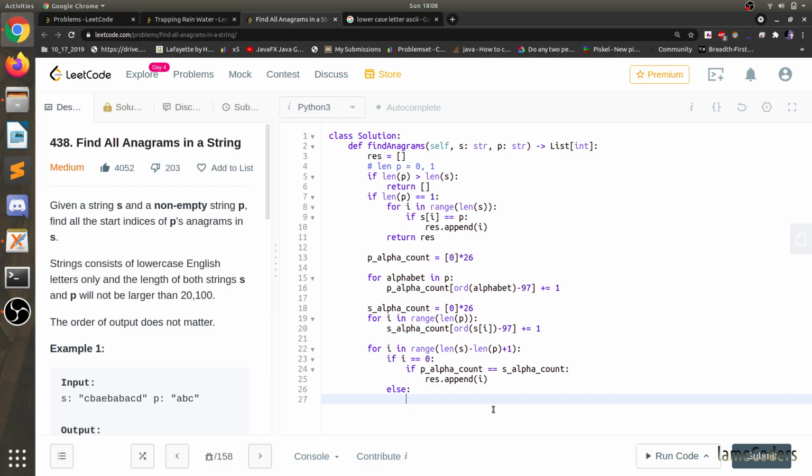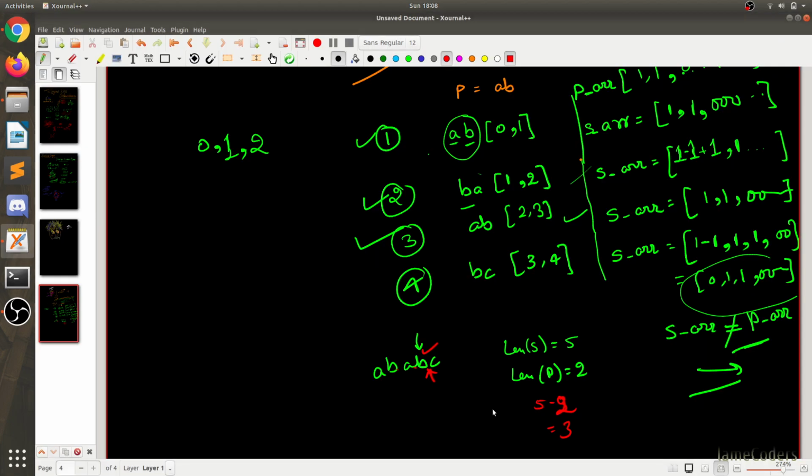What do we have to calculate? Else we will decrease s of alpha. Again, the same thing.